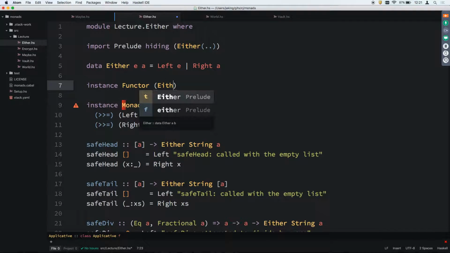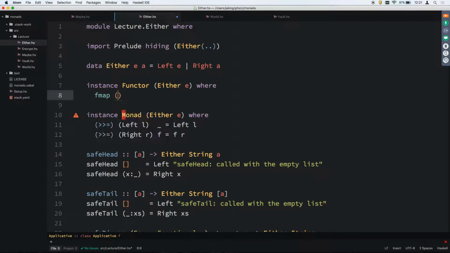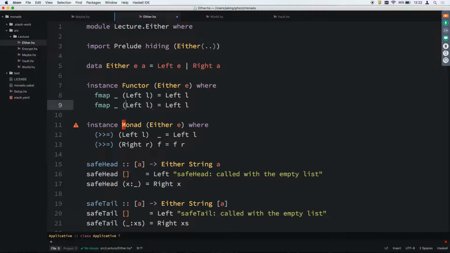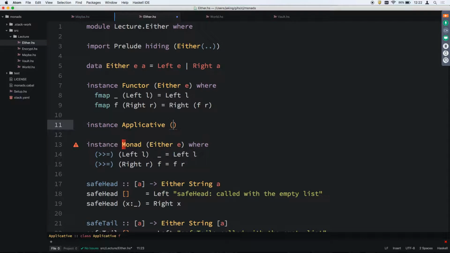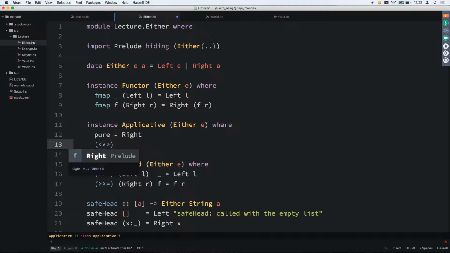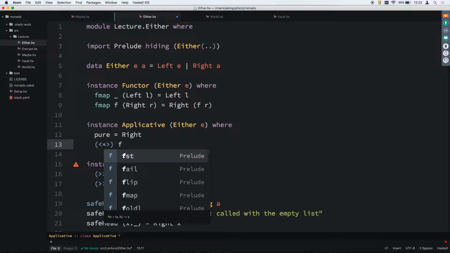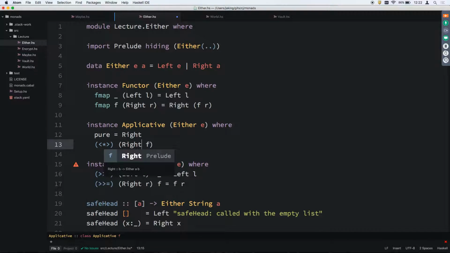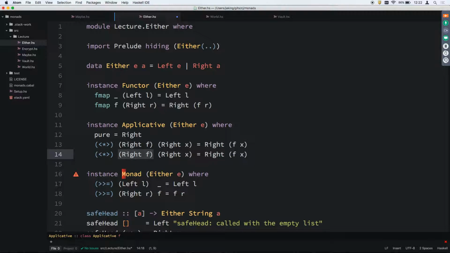I'm just going to make this an instance of Functor, which is pretty straightforward. fmap something over Left is Left. fmap f over Right is Right of r. And then let's also implement Applicative. Now we're going to implement pure right here, and this one is going to be really simple. It's just going to be Right, and we need to implement apply. So given a function wrapped in a context and a value wrapped in a context, we're going to apply it. And otherwise, if either of these two things are Left,